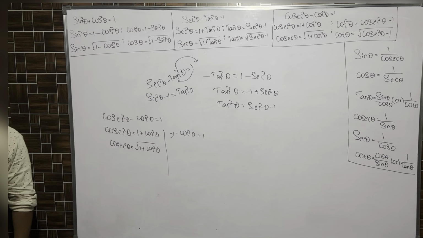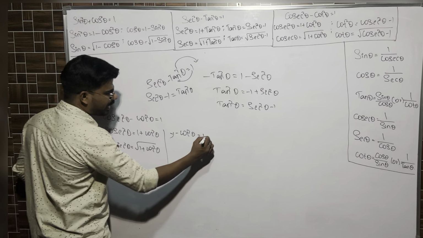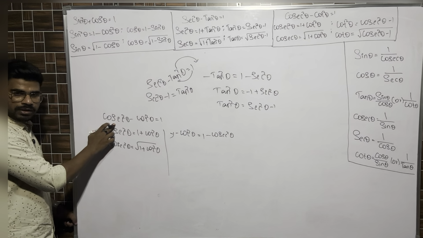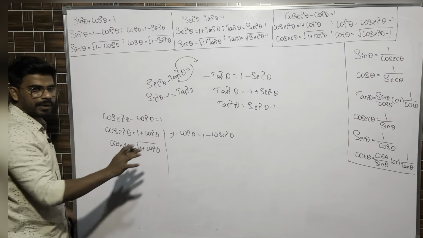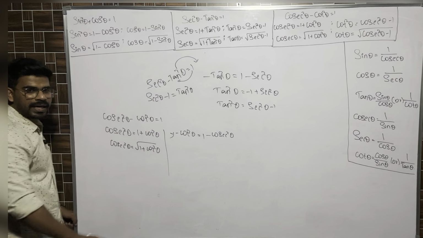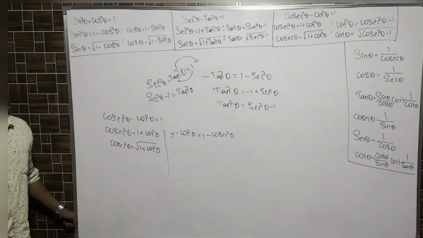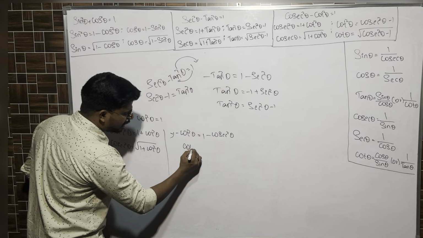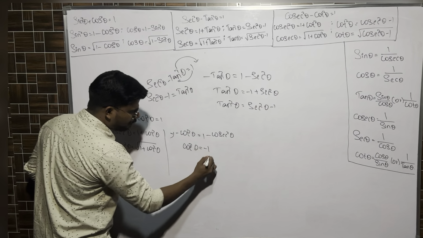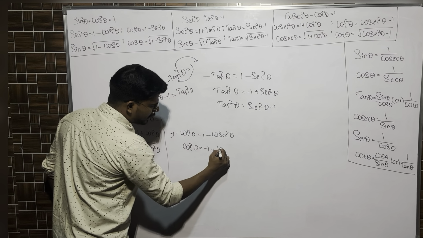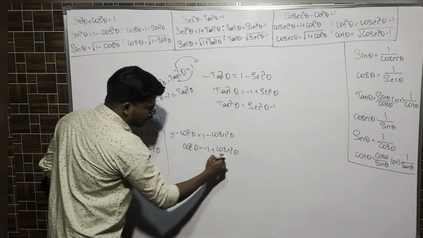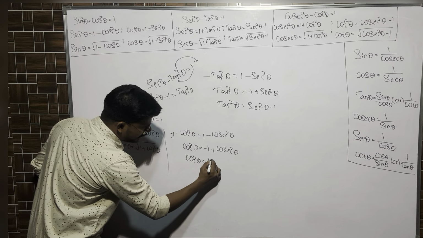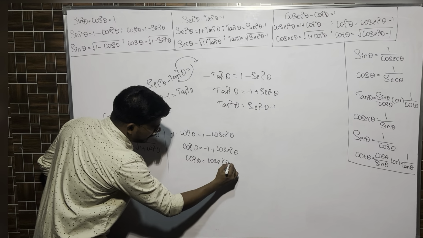If I send it to the next side, it will become minus cosecant square theta. This cosecant square theta which is in plus, if I am sending over here, it will become minus cosecant square, but we have minus cot square theta. Are we supposed to find the value of minus cot square or plus cot square? Plus. That's why we have to multiply the entire equation by minus. This plus will become minus 1, this minus will become plus cosecant square theta. So I'll write cosecant first, minus later. So cot square theta is equal to cosecant square theta minus 1.